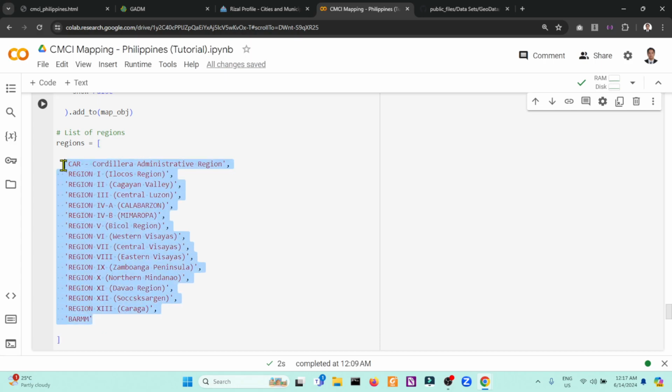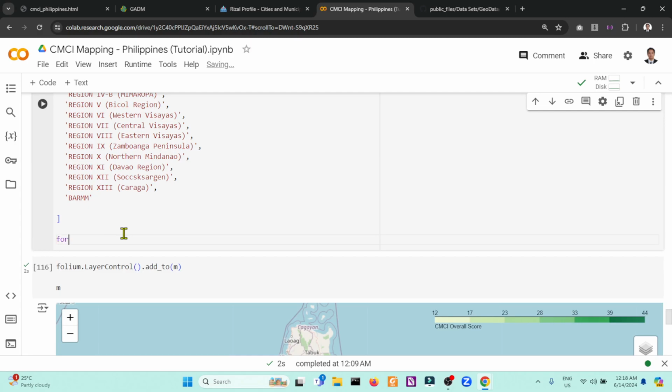You can program this, but I opted to manually include it into a list for the specific arrangement. So it's not alphabetical. The Cordillera Administrative Region can be found at the northern part of the Philippines, and the BARMM can be found at the southernmost. Okay. So I just manually include the specific regions so that our function can map this one specifically.